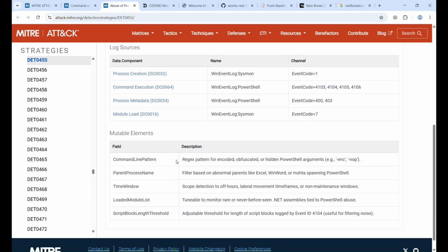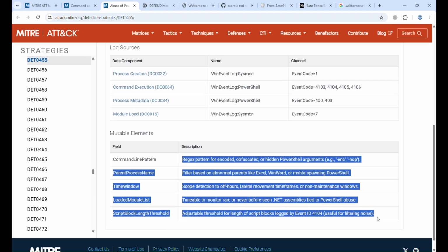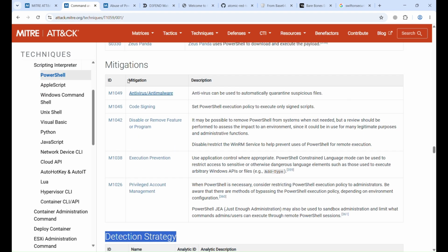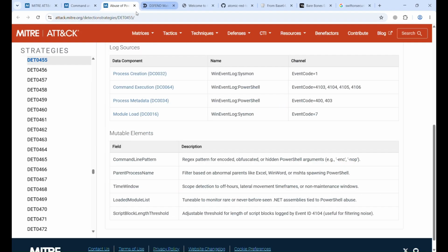Obviously, if you scroll down, you have some more work to do as well. And security never stops. You have to keep improving your processes, and you have to monitor for everything as well. But the idea you get is very simple. And you can further improve your MITRE knowledge by working with the mitigations here. You can see how things are mitigated in your environment as well. Once you move forward from detection, you have to work on mitigation as well. And another